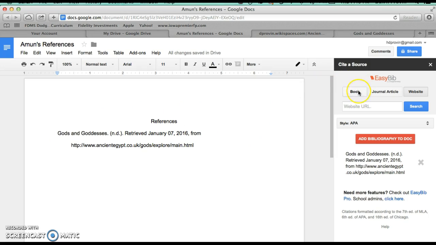So let's do this again and think through how this process works. We have to decide, is it a book, a journal article, or a website? Again, we're using website, so that's darker gray. We want it to be APA style, and let's go ahead and practice again. We have to insert a website. So let's say that